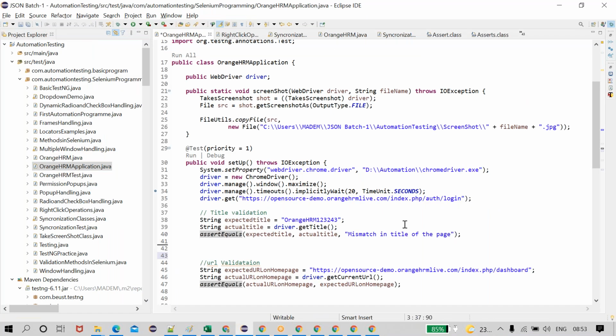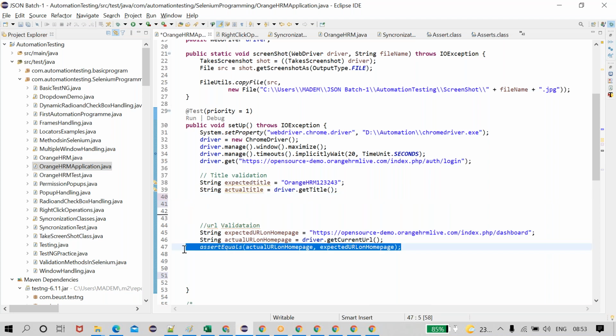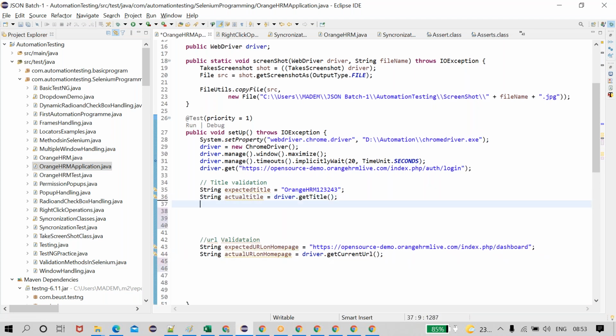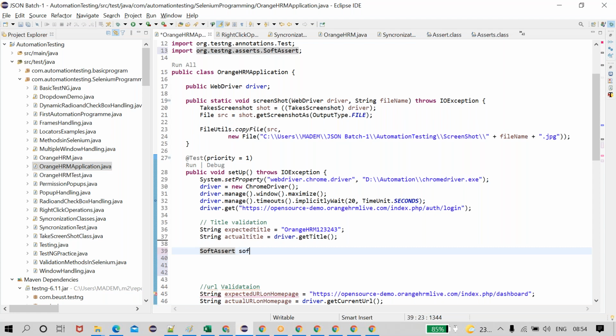See, now I am going to use a soft assertion instead of the normal assertion. SoftAssert softAssert equals new SoftAssert.